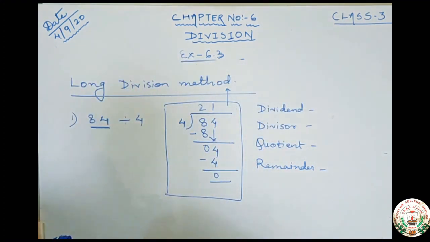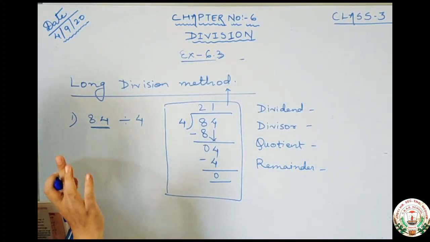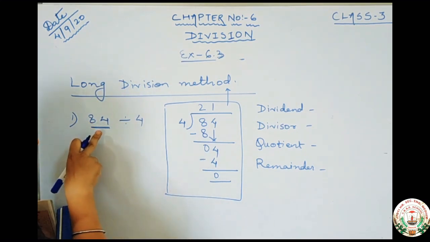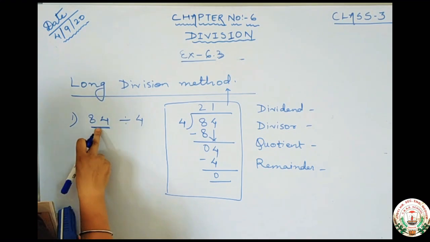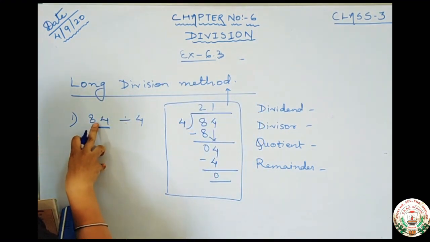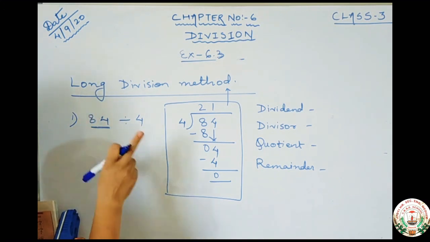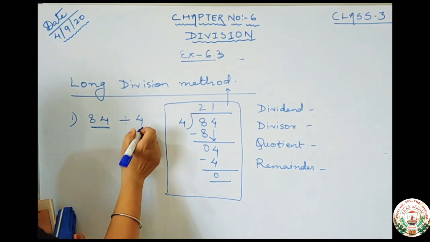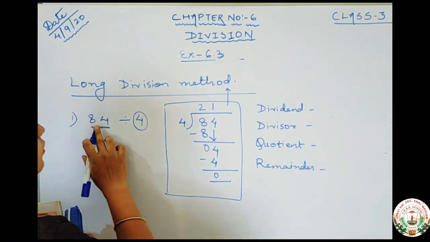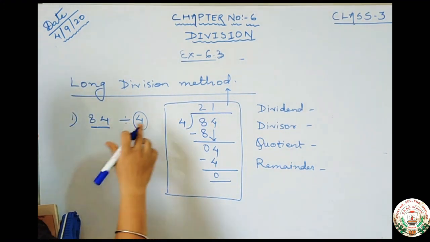See, in the quotient only dividend and divisor come. The number which is divided, जो number जिसको हमें divide करना है उसे क्या बोला जाता है? Dividend. The number which is divided is known as dividend. The number by which we are dividing, जिस number से हम divide कर रहे हैं उसे divisor बोला जाता है. ठीक है. So the number which is divided is known as dividend.